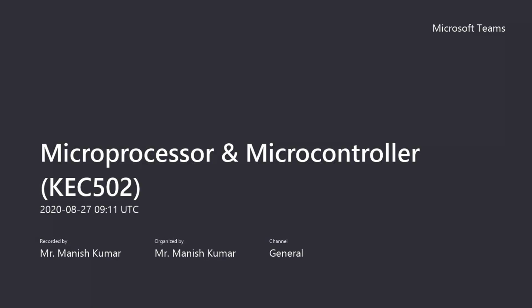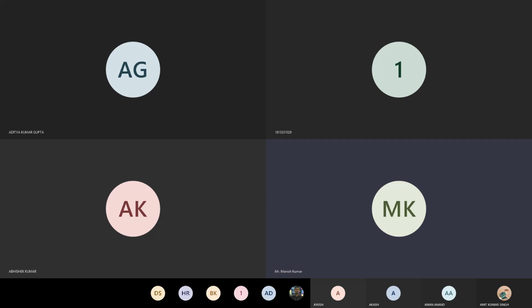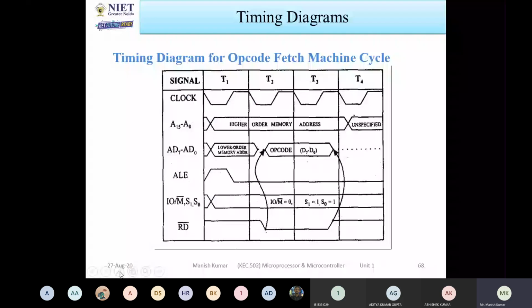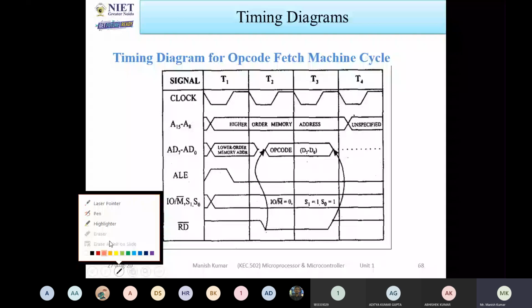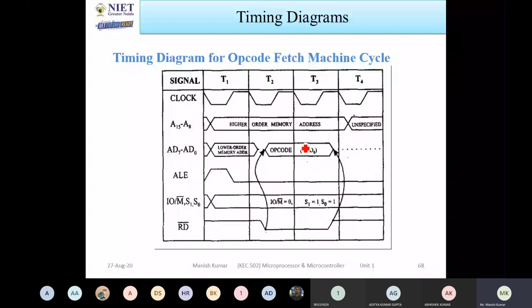Any instructions. Okay. So for that purpose, we have three things. One is called opcode fetch cycles, another is called read cycles, and another is write cycles. So these three you have to draw the diagram of these three. So this is the opcode fetch machine cycle. Okay. Next is read cycle, and third is write cycle.